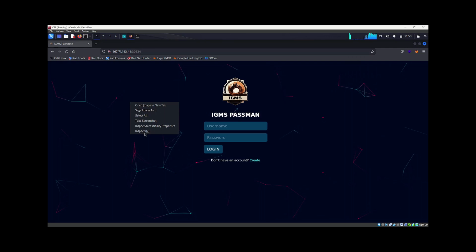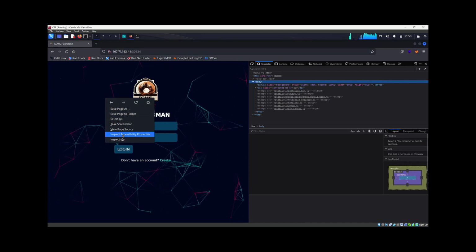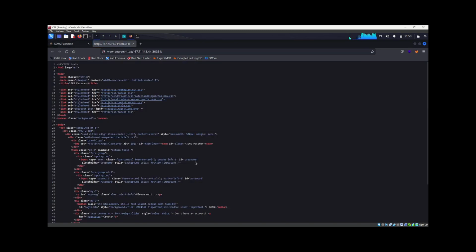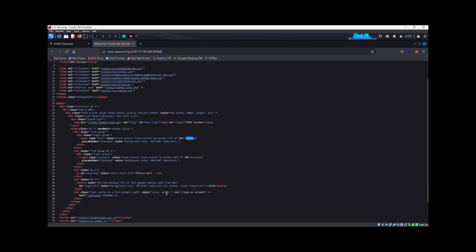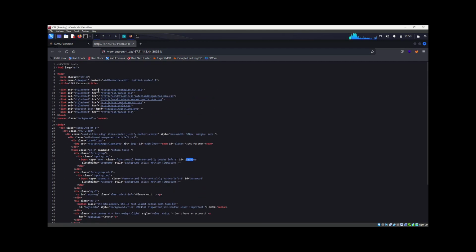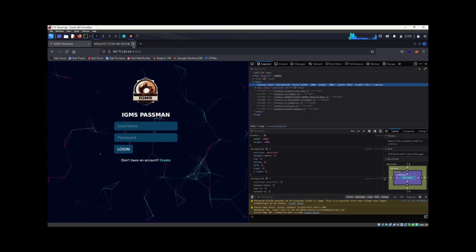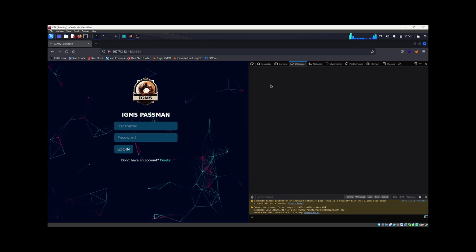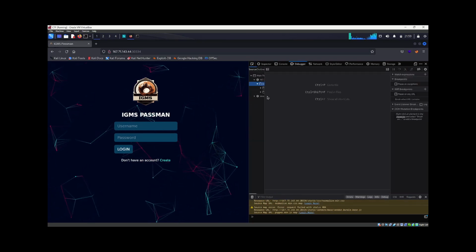Another login page. A different login page. Let's inspect, let's view page source, and then see a little bit of information. So we have the username here with the title. So we can create, you can register and then. Okay, let's quickly take a look at the